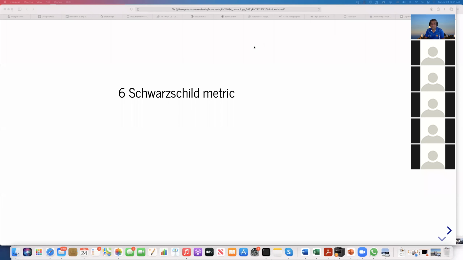Right. Now, remember that the last day we finished talking about Einstein's field equations, and I told you that we are going to discuss some of the applications, like the things that we can do using these field equations and some other applications in general relativity, right? Today I am going to talk about the Schwarzschild metric, which is a special metric that you can use for